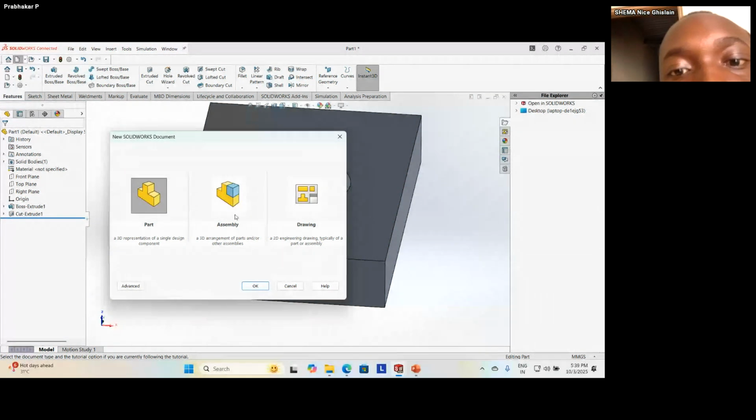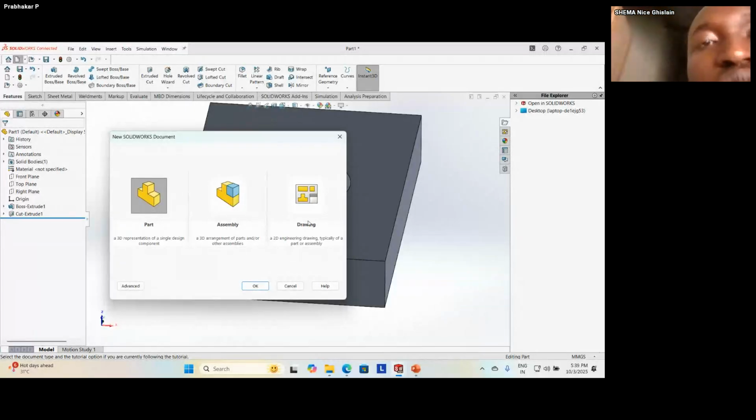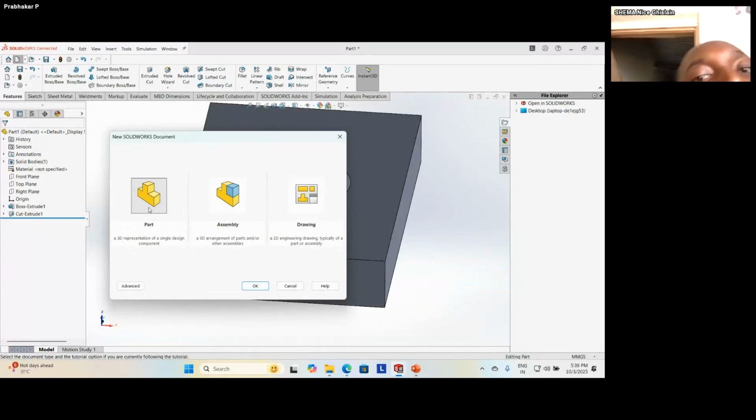I need not change individually in the assembly environment separately or in the drawing environment separately. Likewise, if I make changes in the assembly environment, the part environment and the drawing environment will get updated automatically. Dimensions will get updated automatically. This property we call associative.